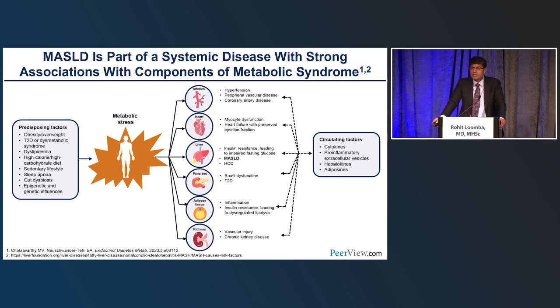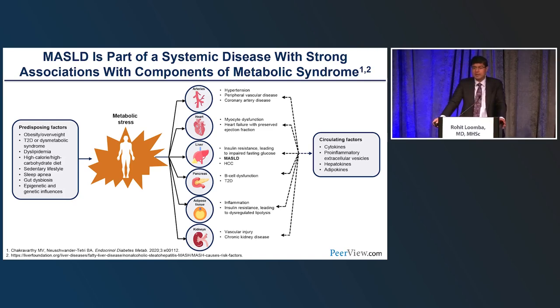In pancreas, we see beta cell dysfunction, and majority of our patients may also tend to have type 2 diabetes, particularly in the setting of advanced fibrosis. We also see adipose tissue insulin resistance, inflammation, and also expansion of adipose tissue volume in the setting of weight gain and obesity. Patients with MASLD are also at increased risk for chronic kidney disease.